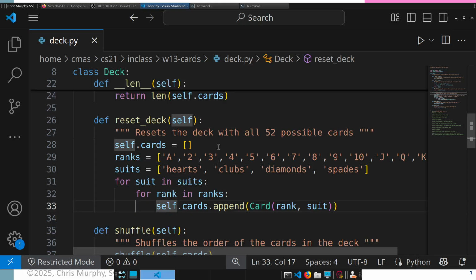So the parameters, let's see, there's self, which refers to the deck object. There is ranks, which refers to the list of ranks. There's suits, that refers to the list of suits. And then there's C. So when I get to this line here, I say C equals card rank suit, then